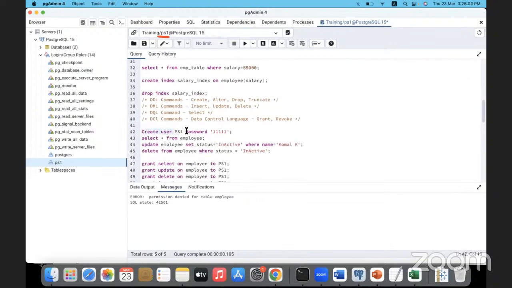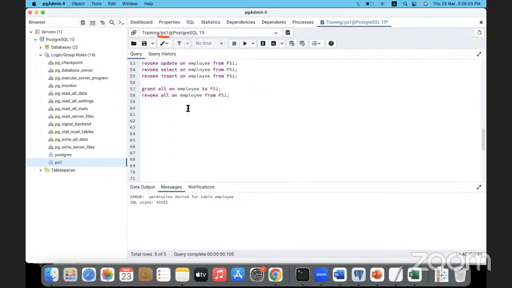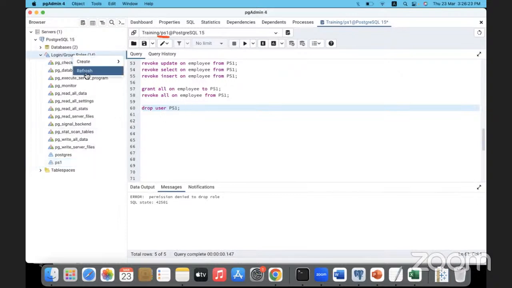Create user, username and password. So to drop or delete, drop user and the name of the user. When I drop this user, right now PS1 is a user. If you look on the left side of the browser, you can see the Explorer part. When I run this and drop the user and refresh the login group roles,